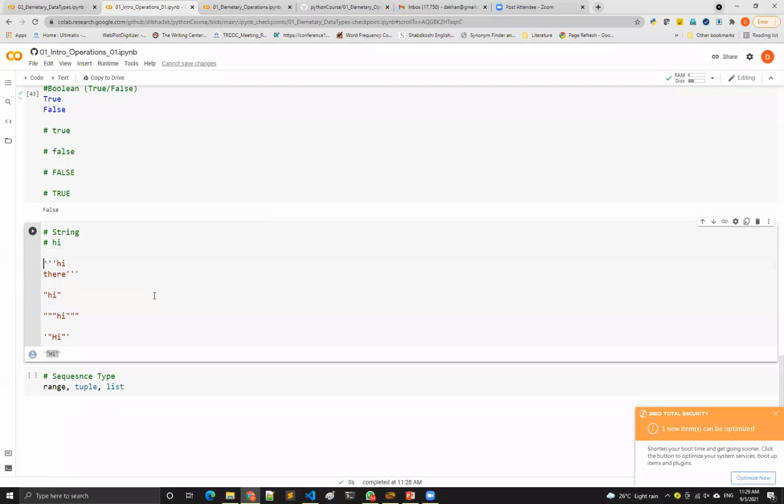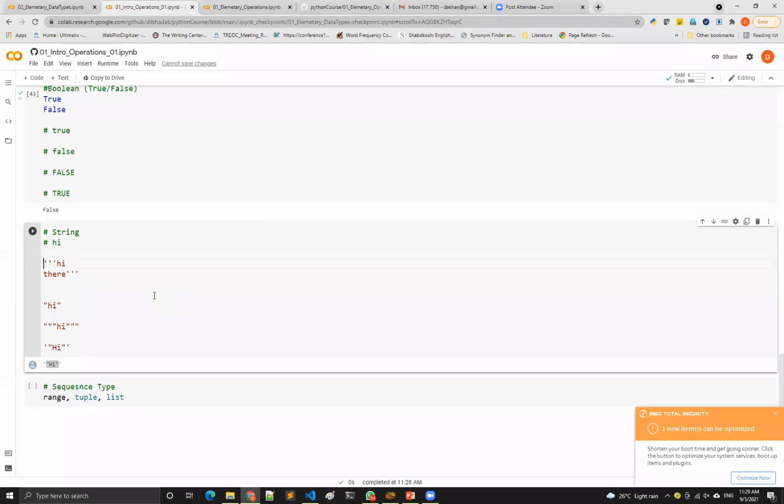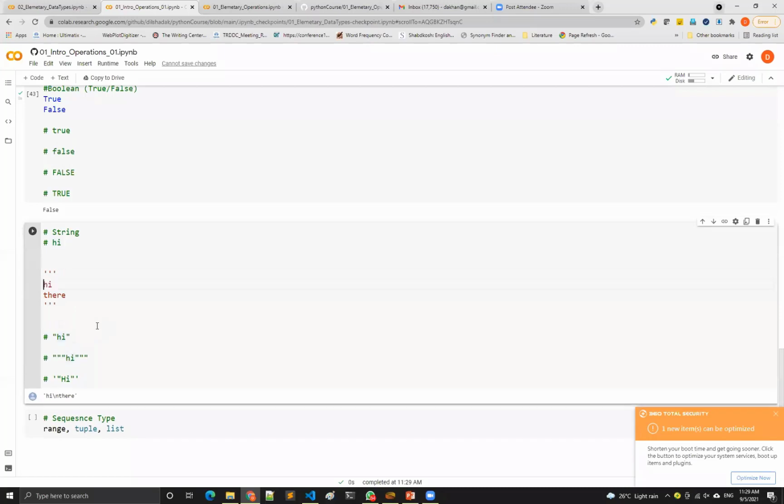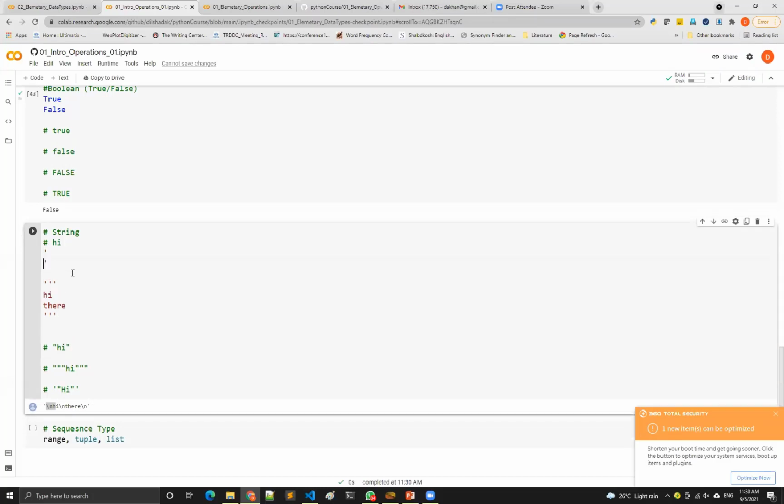Someone asked this. You can say a very first cut understanding of these two things. What is the difference? I'll just quickly show. Suppose you are having three quotes, and in between you are having something. You can write any normal text. Just put three quotes before and after. If you run it, you can see \n hi \n there \n, meaning after three quotes a \n, a new line character, is added, then text is added, and so on. But suppose I do the same thing with this one,